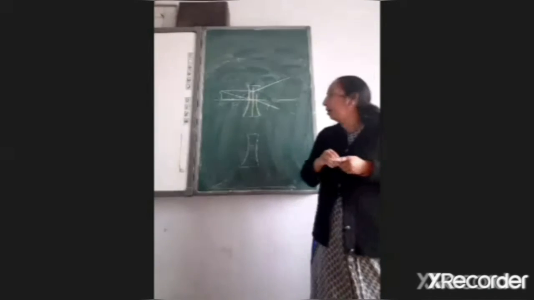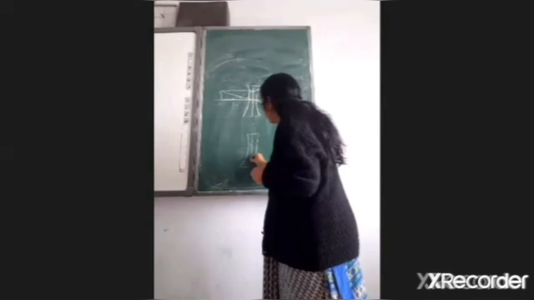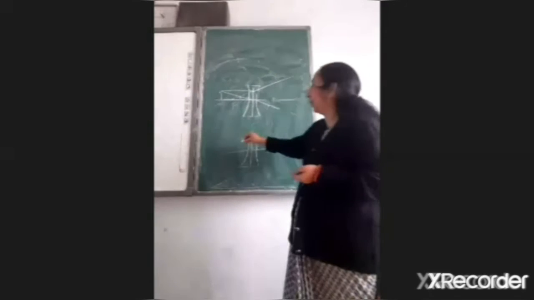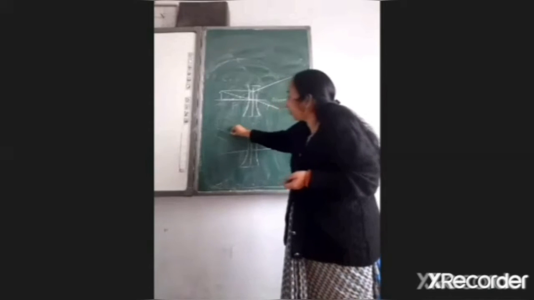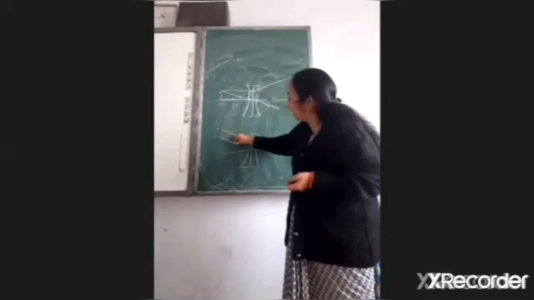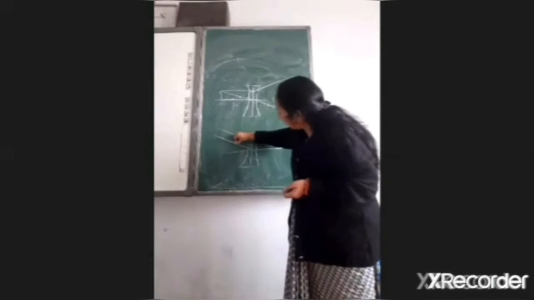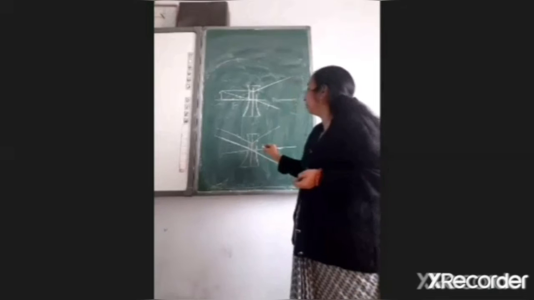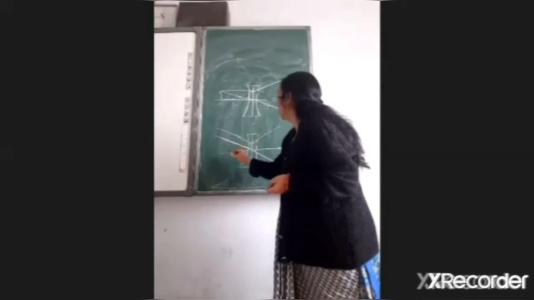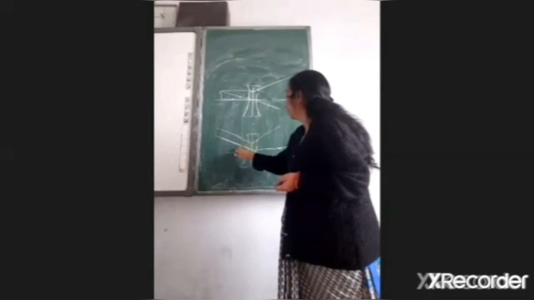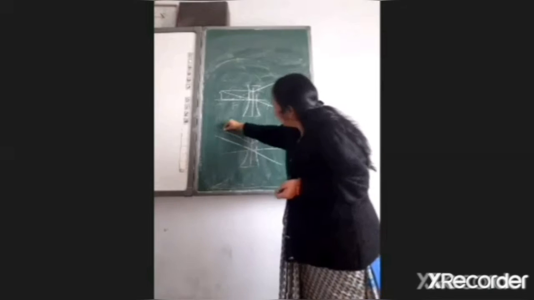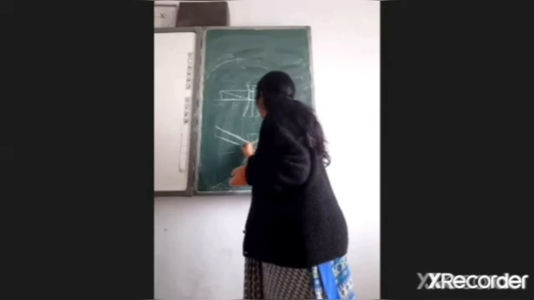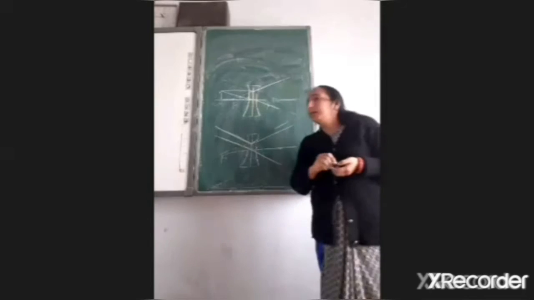Then we have another condition when we place it at infinity. That is, if a parallel beam goes, you already know where it will converge. When a parallel beam of light falls on the concave lens, what will happen? Where will we get the image? Yes, so one ray you take straight through the optical center, the other will diverge, then it will be parallel. At the focus of the lens.